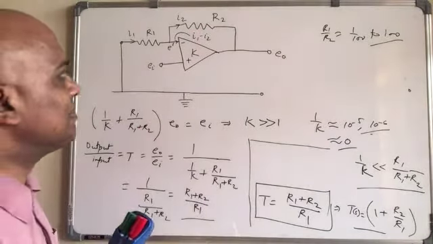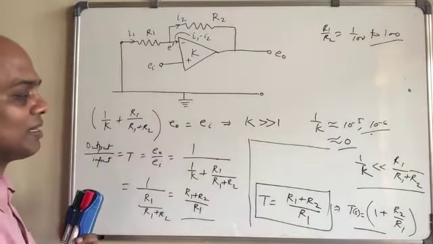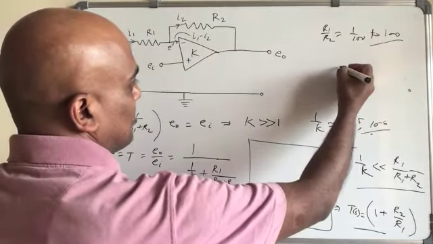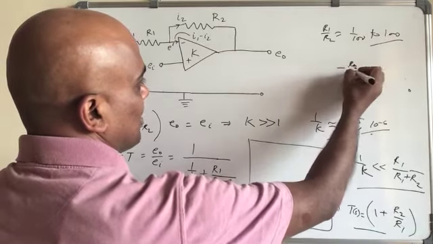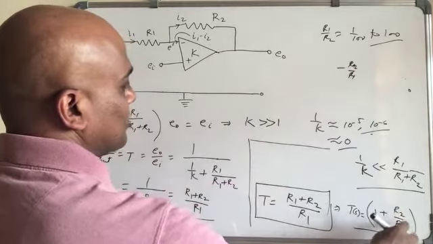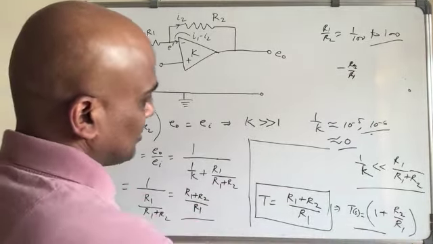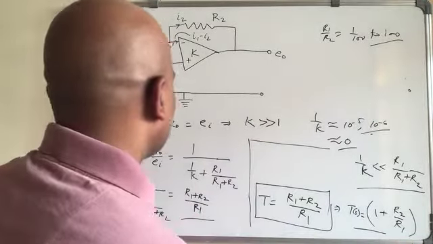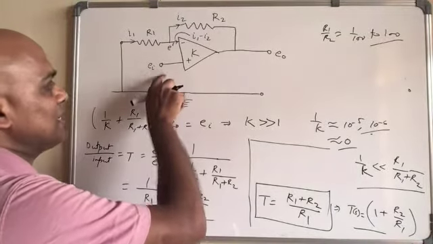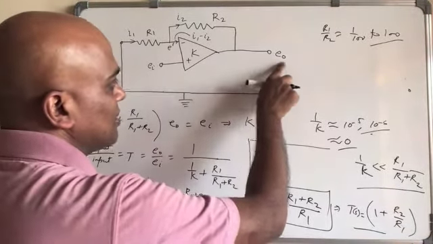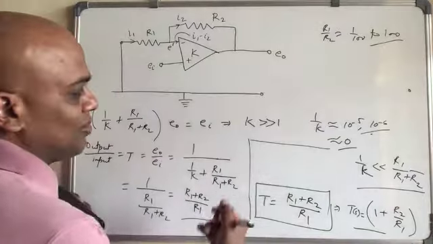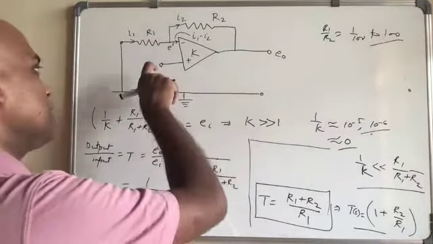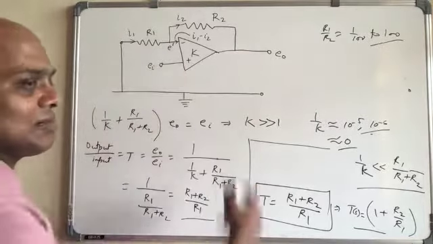So what you see is the difference between the earlier inverting one and the non-inverting one. The inverting one had minus R2 over R1. Here you have 1 plus R2 divided by R1. So this is the difference. But what you see here is that this is positive. It maintains the sign. Whatever positive signal you give, you get a positive signal here also. Otherwise, you will not. In the earlier configuration you had a minus, so you put a positive signal in, you get a negative signal out.